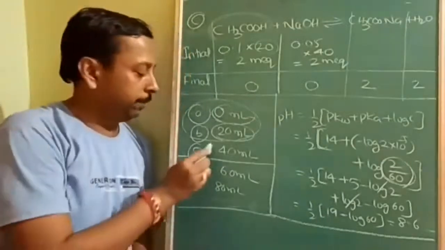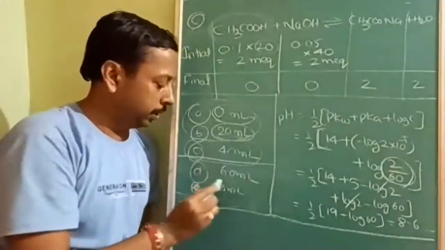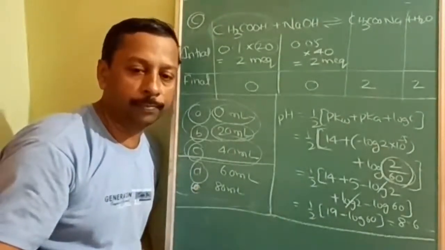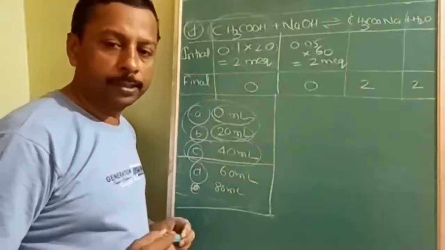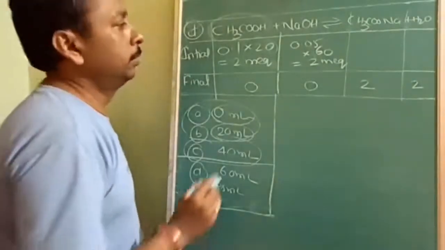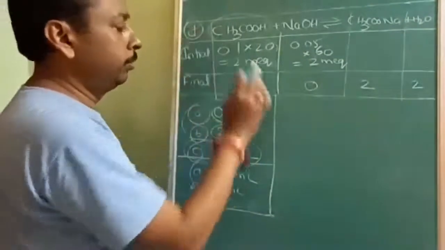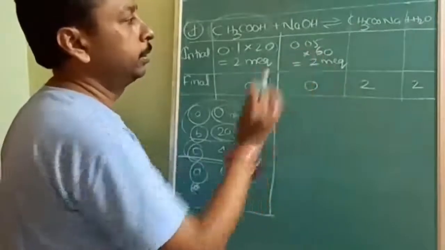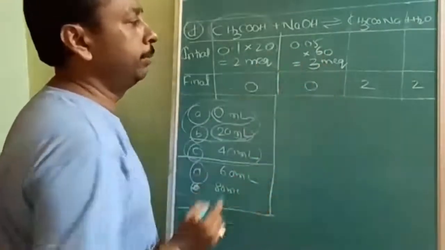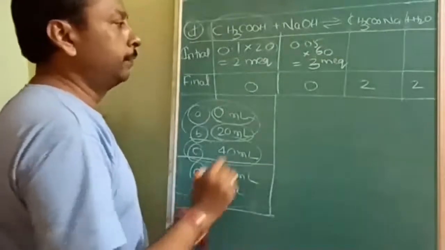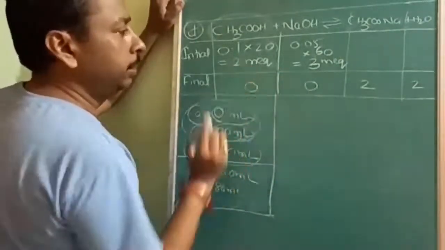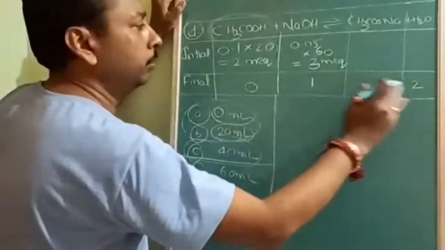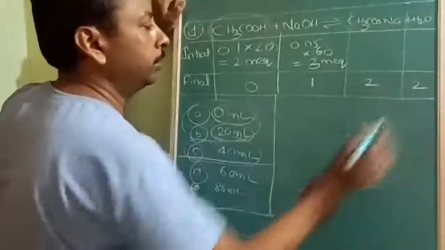So up to C part we have understood. Then D and E part will not be a problem. Let me see, will you be able to do it or not? Okay, if you understand, this is the simplest topic. So in the D part we are doing 0.05 is the molarity. We have added 60 ml. 60 into 0.05, I think it is 3 milli equivalent. So after the reaction, this is a limiting reagent, this will be 0. Okay. So what it is going to be 1 and what it is going to be 2 and 2. This is not a problem.